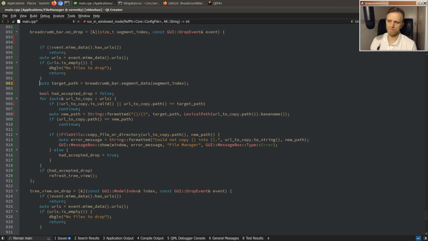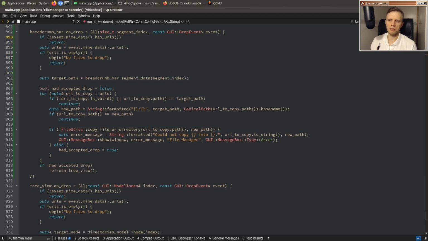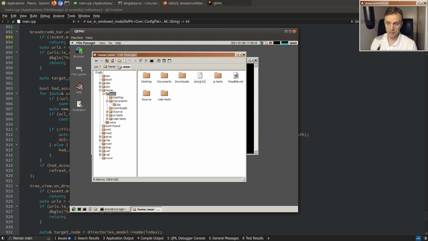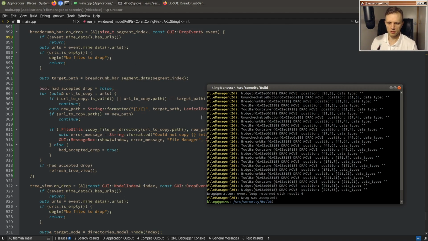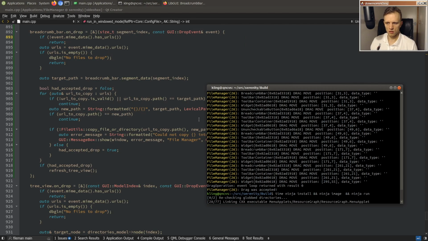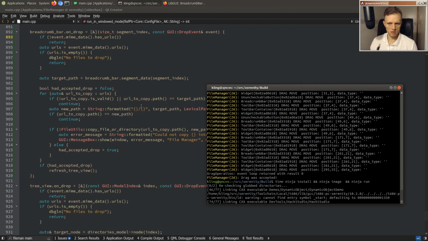Yeah, so the segment data is like arbitrary data that's stored for each individual segment here. And in the case of this breadcrumb bar, we store the full path of each segment. So it should be fairly straightforward, actually. So if we just do this,